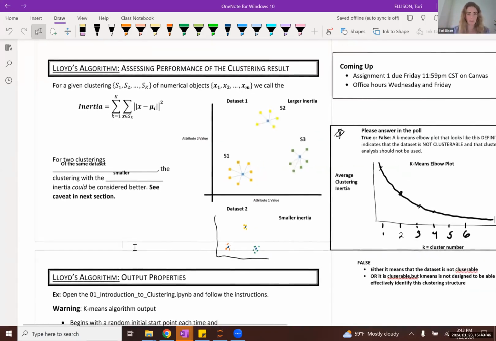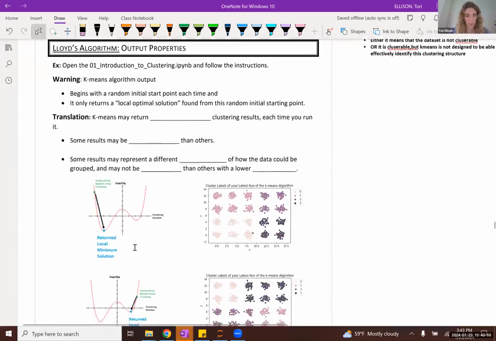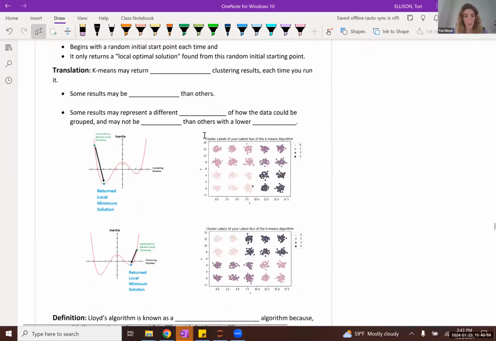But big caveat here. There's an exercise on the course website. We're running a little low on time, so I don't necessarily want to go through this whole exercise. But let's just say we decided to cluster this data set here. Technically, if we had created a k-means elbow plot for this data set, what we would have ended up seeing